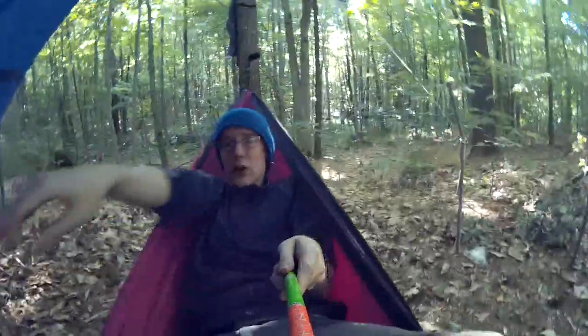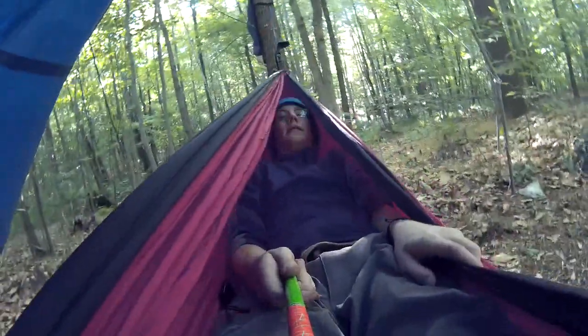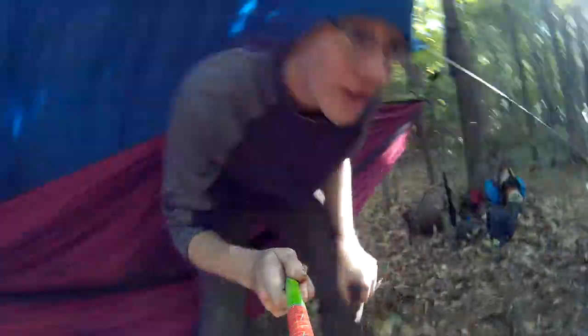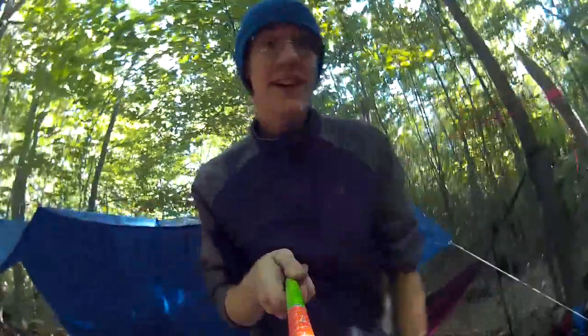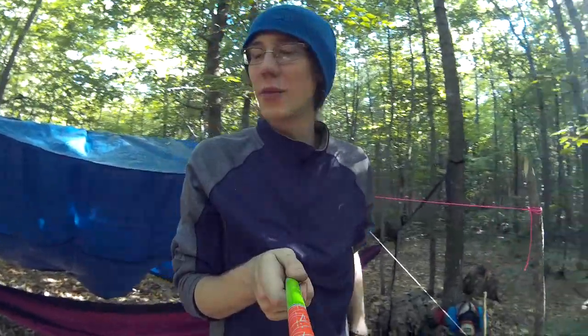I might need to lower one side a little bit. I don't want to put my feet all the way in because I have my shoes on. Yeah, I like it. So we're going to call this home for the night, my friends. First overnighter of the year. Super excited. Gonna go get some wood to burn for a fire tonight, and I'll be right back with you guys,